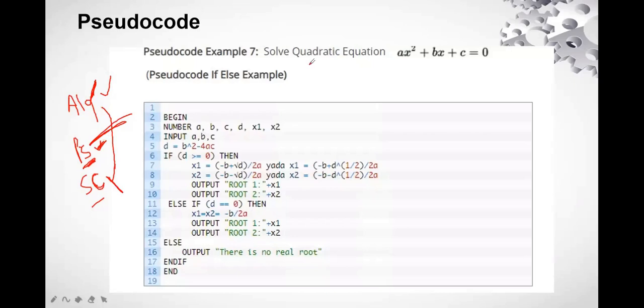So here I have taken an example. If we are solving a quadratic equation, what will be the pseudocode of this? The pseudocode will be this, that is begin. I'm not saying how we are going to start, how we are going to include the library functions or whatever it is. Then how we initialize the variables, how we input the value, that is not defined. That will be implemented in the code according to the programming language we are going to use. But here we have just defined that the numbers are these and input is taken as this.